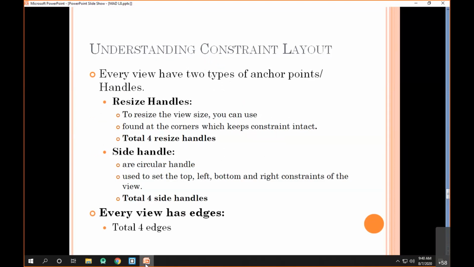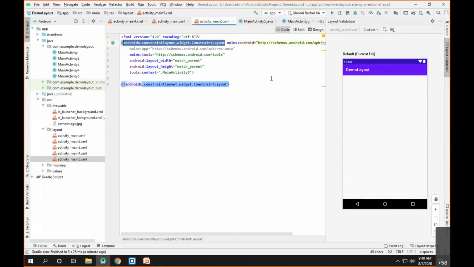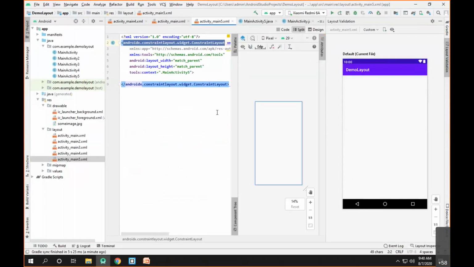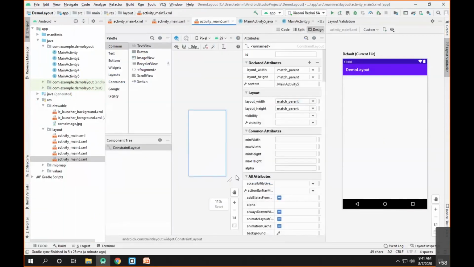So first of all, we have created this particular activity with constraint layout. Now, since we have said this particular constraint layout supports the drag and drop, or it is specially developed to support the drag and drop, we'll now switch to the design mode. As you can see here, I have put the window in the code mode. If I go to the split view, I can see both things together. So I can see the XML as well as the design view. And if I simply want to go to the design view, I'll click on design. So this is currently the design view that we have. And here we can perform the layout design by using the constraint layout.